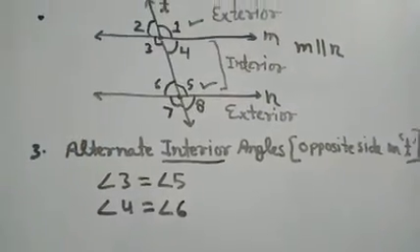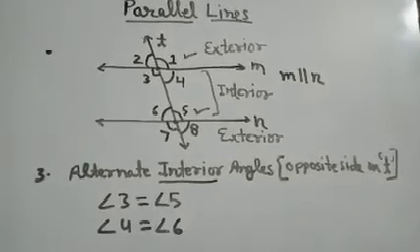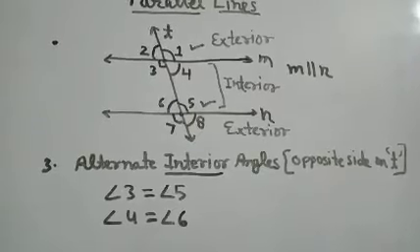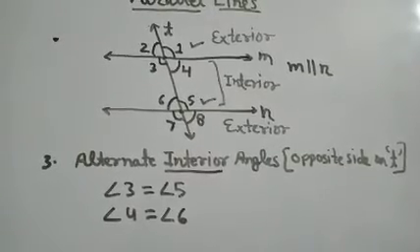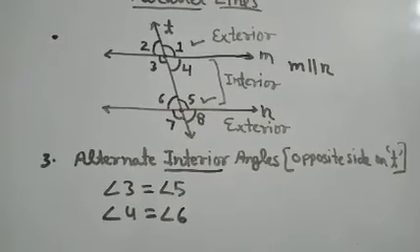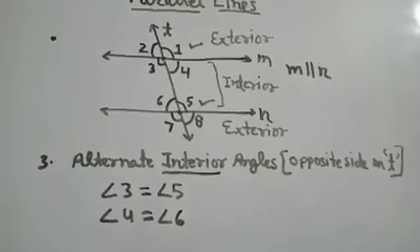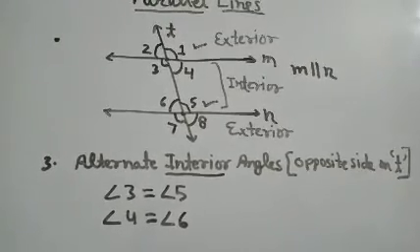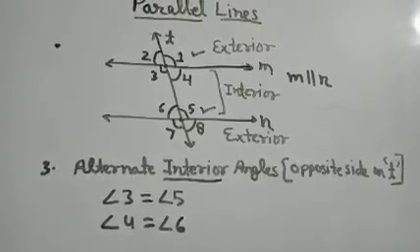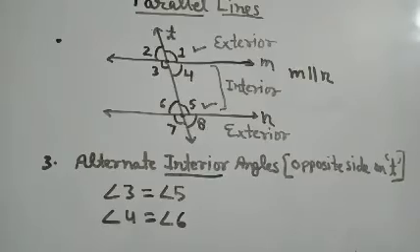So students, I hope you understand the angles made by the transversal and two parallel lines: corresponding angles, co-interior angles and alternate angles. If these angles are equal or the sum is 180 degrees, then the lines are said to be parallel. So if you have doubts while solving numericals, we will discuss them in our live classes.